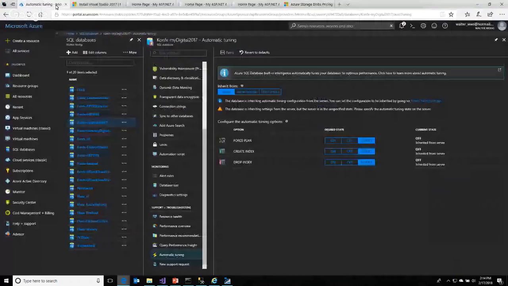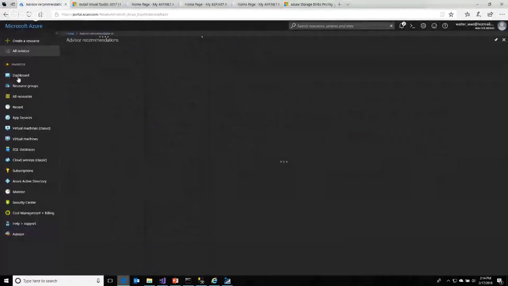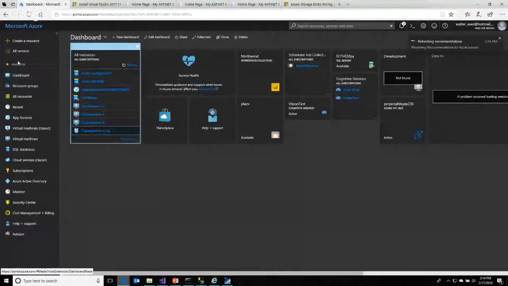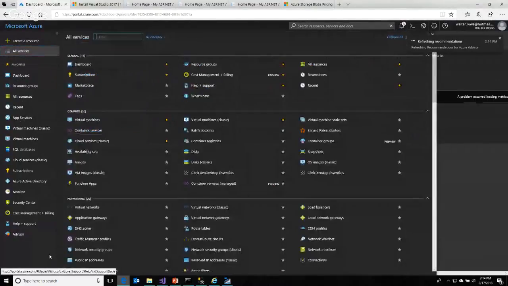Let me show you. From the dashboard, I want to go to my storage. Let's find my storage.